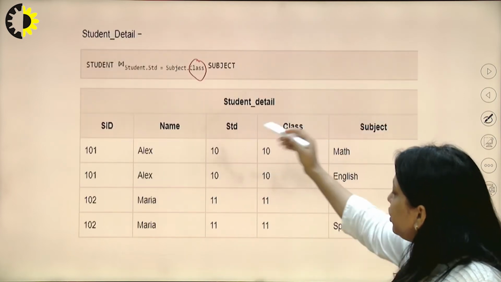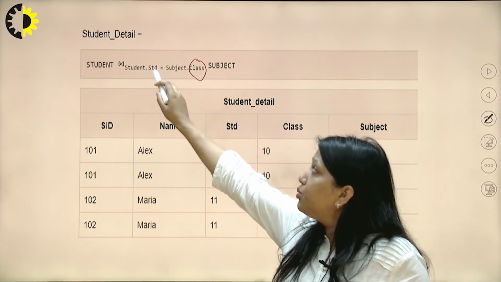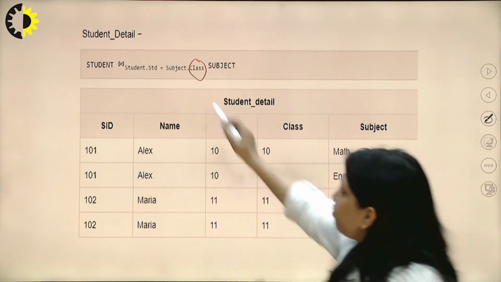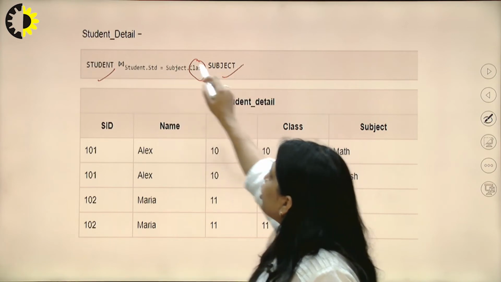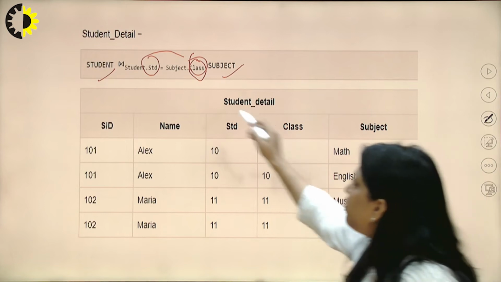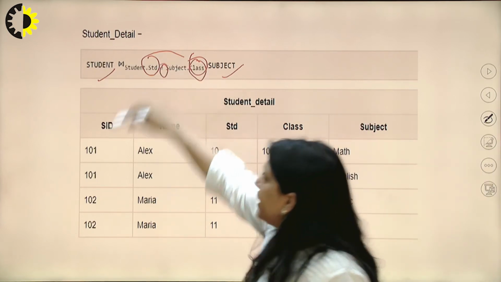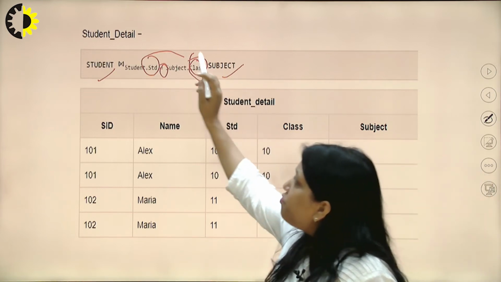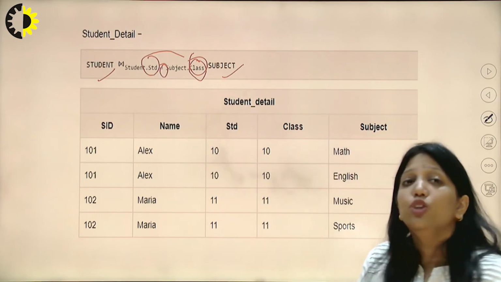Then we join these two tables, student and subject, on the basis of the std attribute of the student table and the class attribute of the subject table. So we will apply the theta join on the tables student and subject on the basis of these two attributes, and after applying it, we will get this. We are applying the equal operator here, so where the value of student.std is equal to subject.class, we will get only those tuples